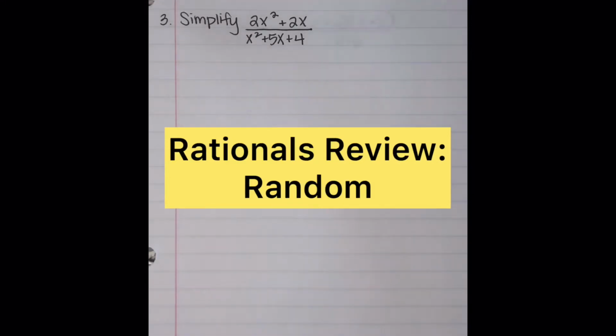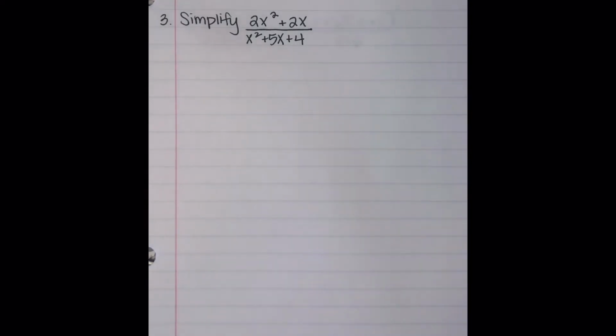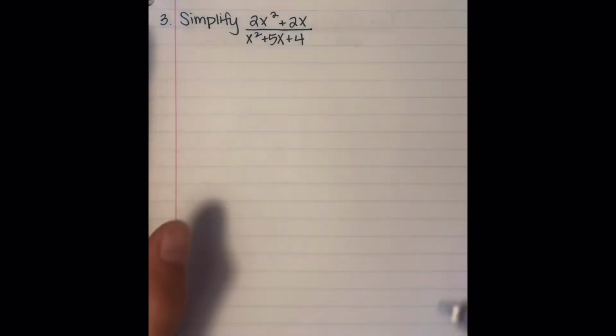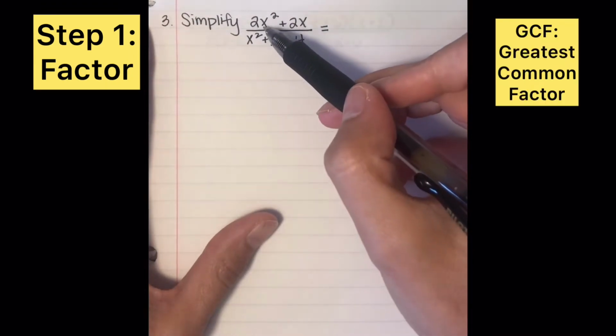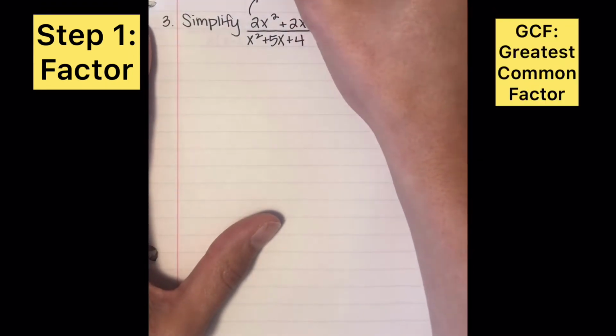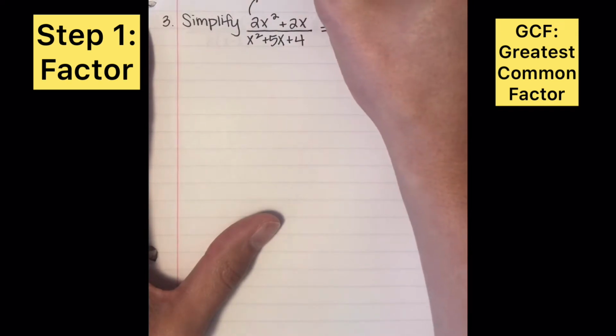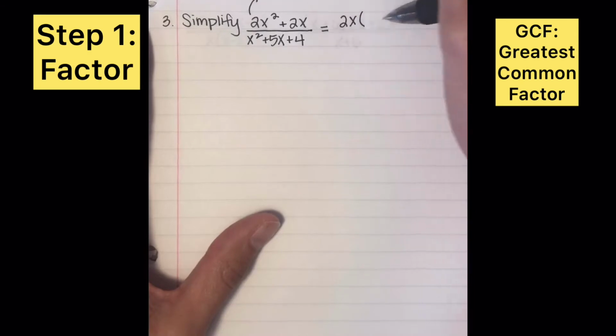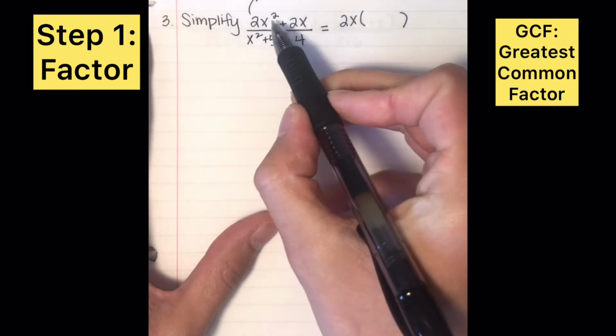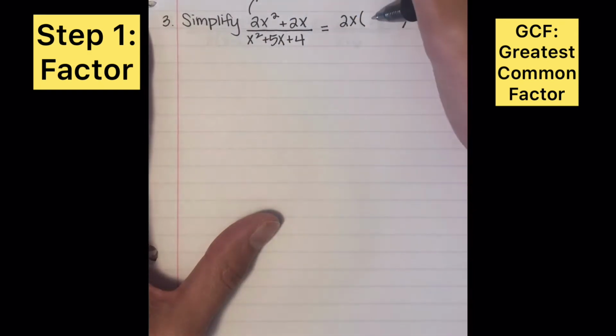I'm working a rational equations review. Number 3 says simplify. The first thing that I'm going to do to simplify would be to factor. The top has a GCF, greatest common factor, of 2x. So if I take out the 2x, I'm going to divide each piece by 2x, and I'd be left with